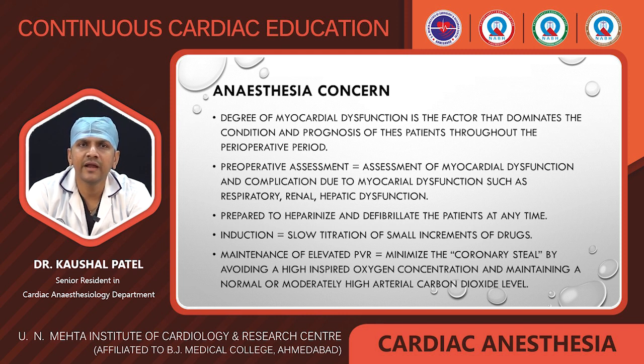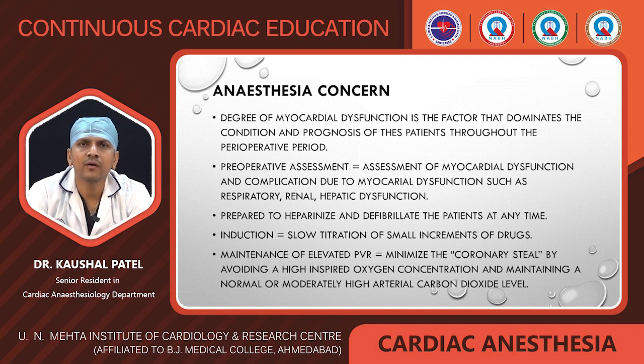Now coming to the main factor, we should maintain a slightly elevated PVR, because in other left to right shunts, like ASD, VSD or PDA, we should decrease the PVR by high oxygen saturation, high FiO2 or a high respiratory rate. But in this case, if we give 100% FiO2 with a high respiratory rate, it can decrease the